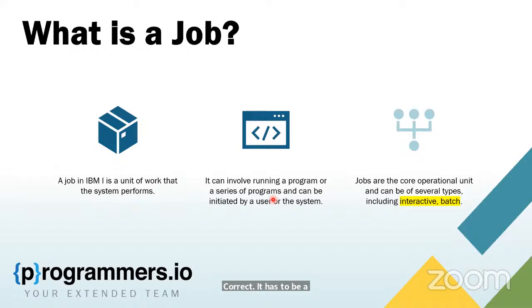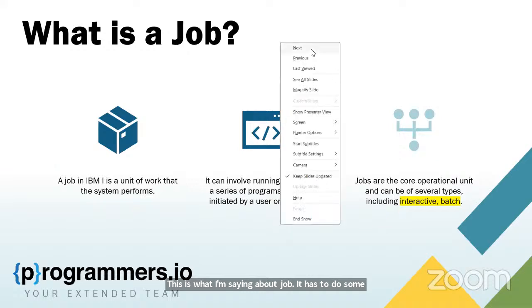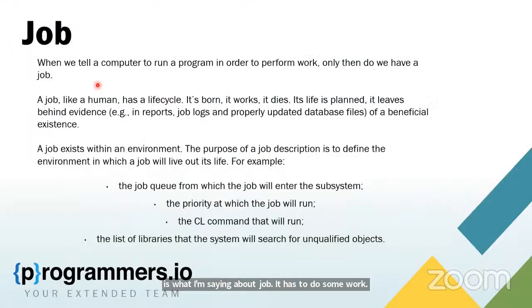That is, you call the program, it runs, it updates some file, it produces some reports. So this is what I am saying about a job. It has to do some work. This is when you tell a computer to run a program in order to perform some work, only then